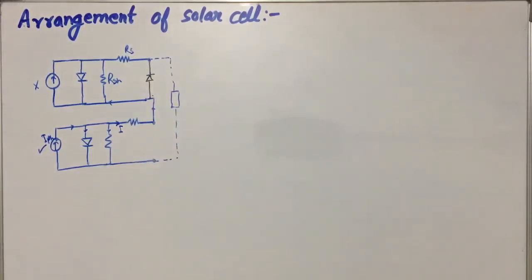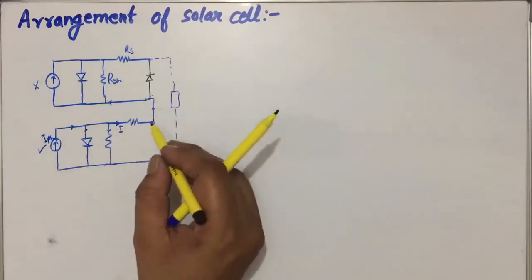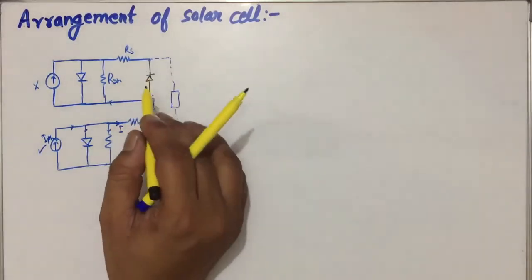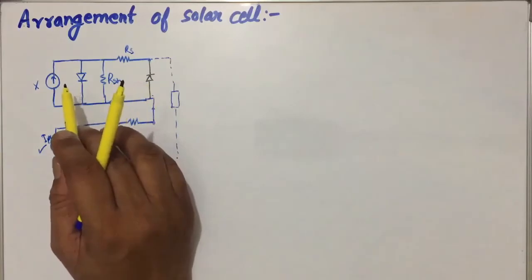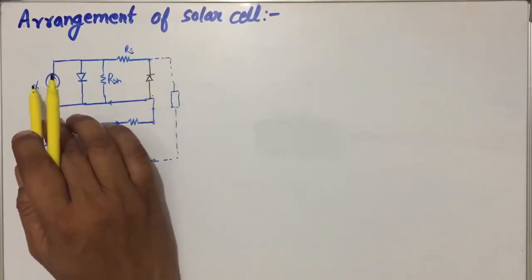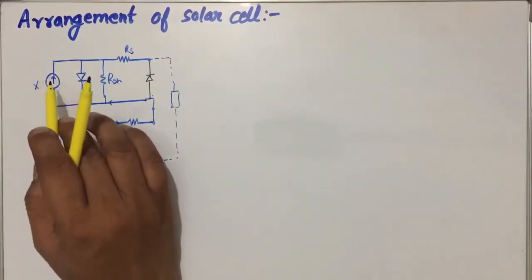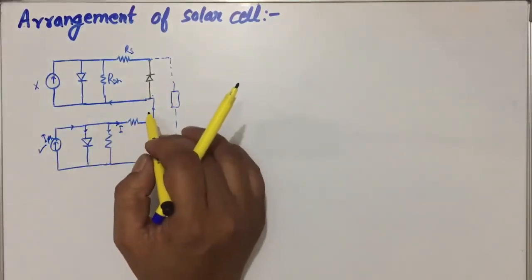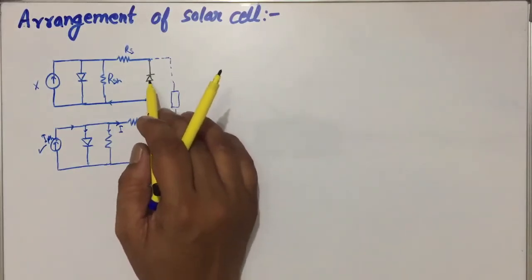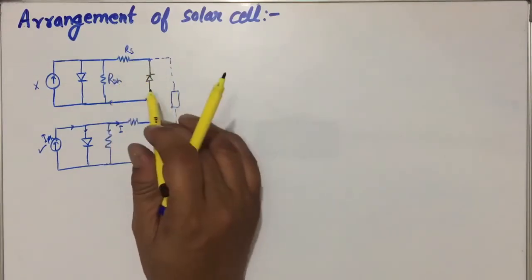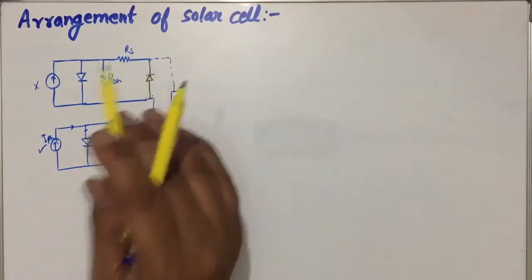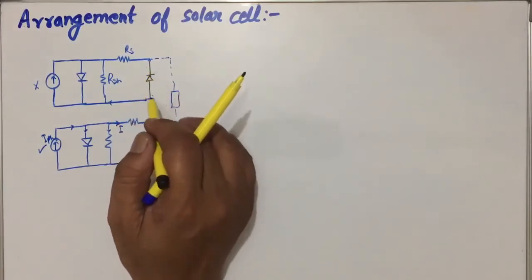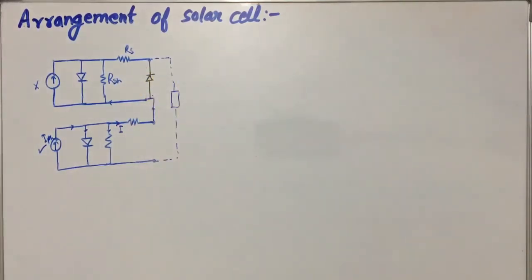Okay. Now if the combination is like this, then even if there is partial shading in any cell, the remaining cells will continue working through the alternate path for the current provided in that cell, that is the diode connected in the forward bias to this current. Okay, so in this way